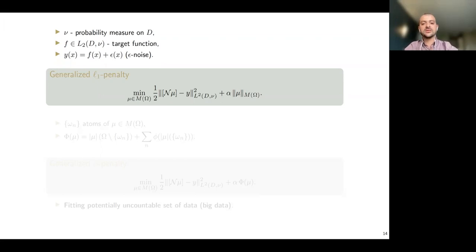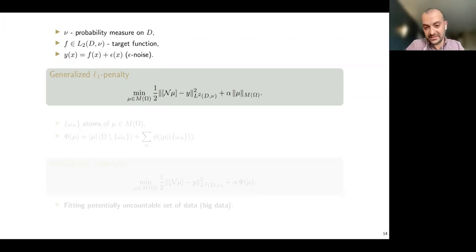And so this really generalizes the L1 penalty. But now in this case, we are allowing the data also to be infinite. So this even generalizes the case where we can have potentially infinite data, but finite data will be a particular case, right? So this really extends the L1 penalty to a more general setting. And the penalty term now is replaced with the TV norm. Okay, so this actually generalizes the L1 penalization term to this setting.